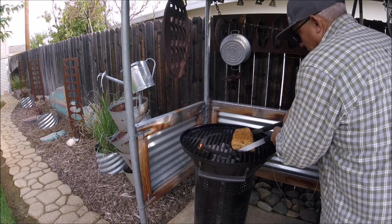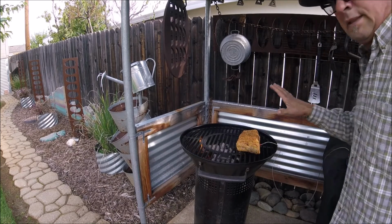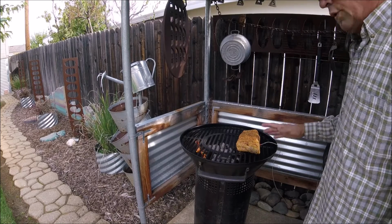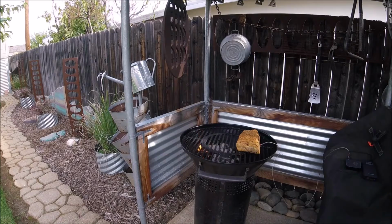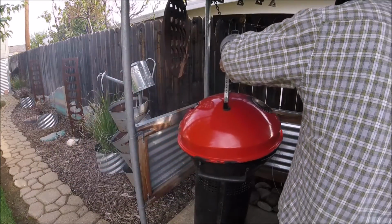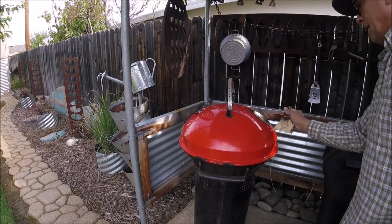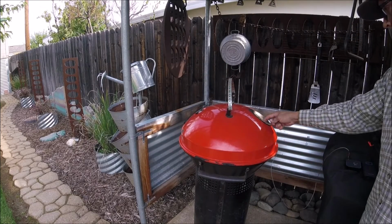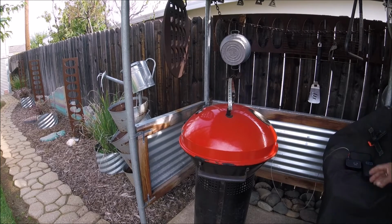Move this a little more to the side, because we want this low and slow. We're talking probably 4.5 hours. Put the lid over there and really reduce the air circulation on that. And voila. Well, the meat came up to